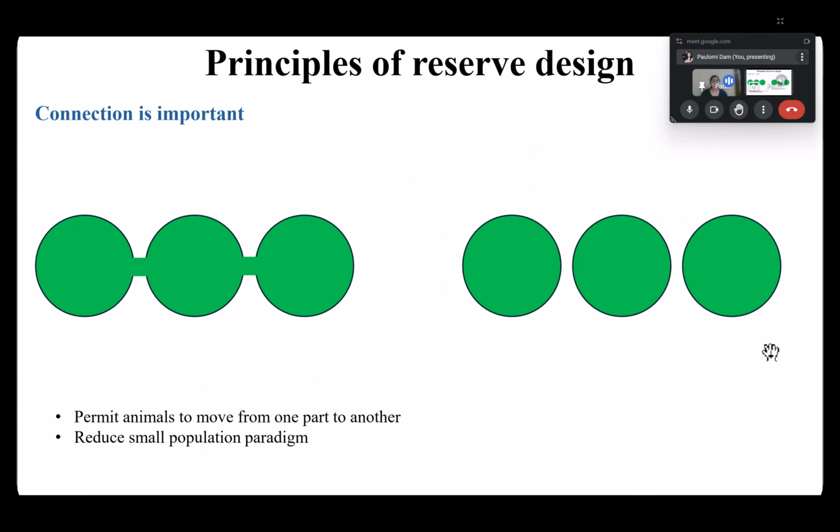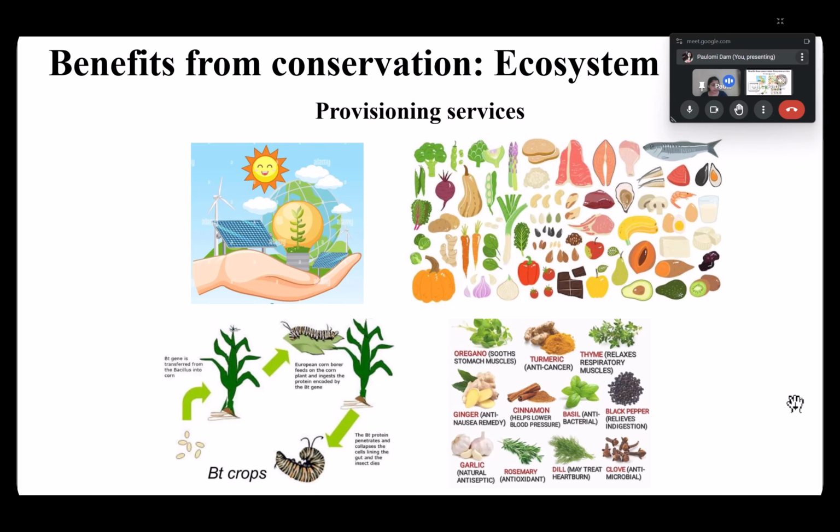Right. Now, all these are about biosphere reserves. But one question that will definitely pop up at the very beginning is, why are we even caring about this? All of this looks like us putting all the effort, us putting all the money. What are we actually getting in return of all of this? And to that, you have benefits from conservation. This is the entire lecture here.